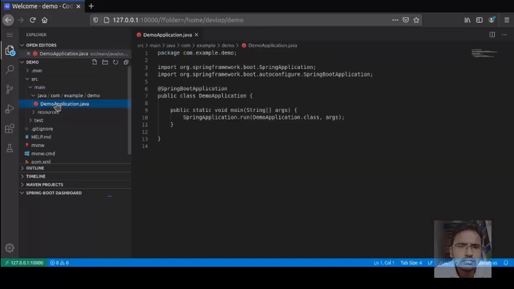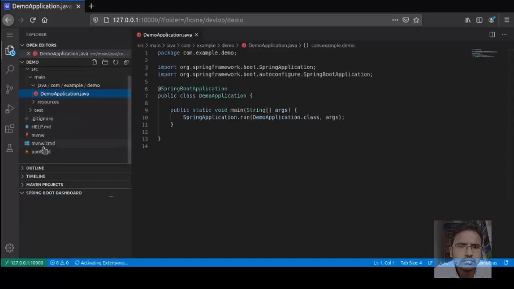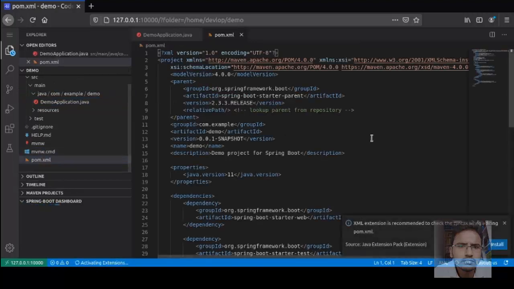Main Java. And pom.xml file contains all the dependencies which we will be using in a Spring Boot application. Currently I have used only Spring Boot starter web.